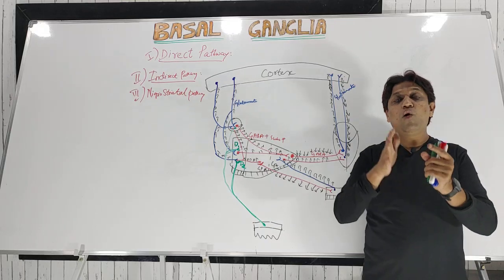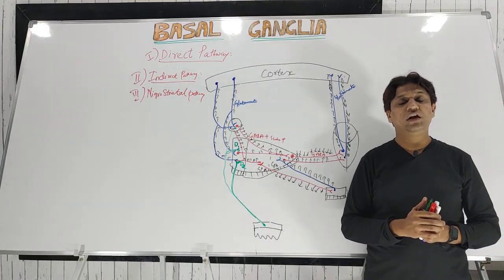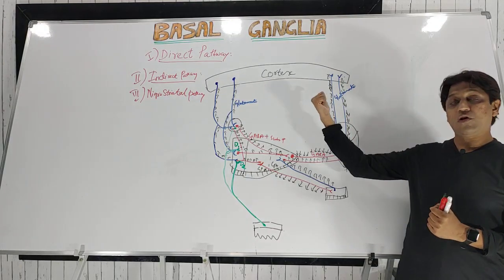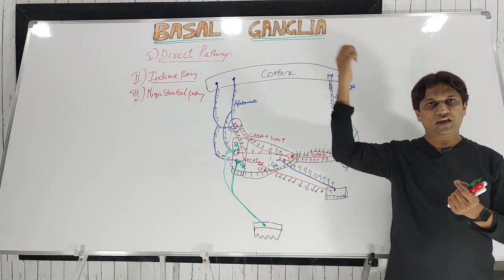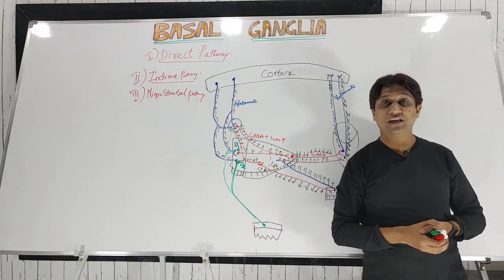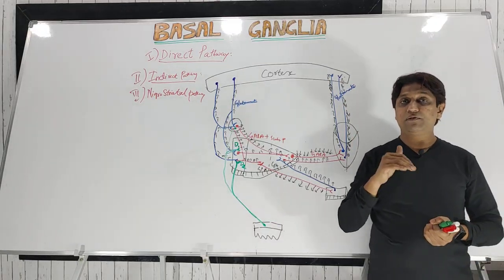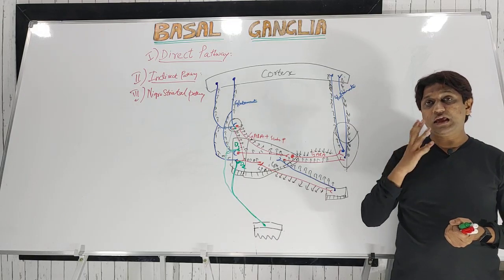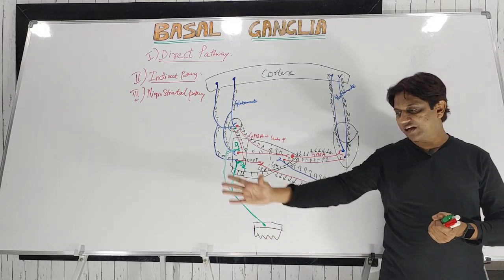That is, it helps in the voluntary motor activity. So how does it help in voluntary motor activity? It helps in cognitive motor activity. That is, before the action takes place, there is electrical activity seen in the basal ganglia, that is the cognitive motor activity is seen. Also it helps in planning and programming of the movements, and it helps in timing and scaling of the movements. Timing and scaling of the movement means how fast the activity should be done.